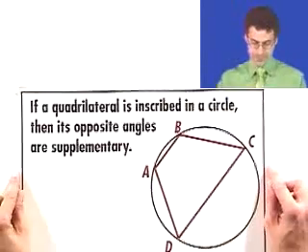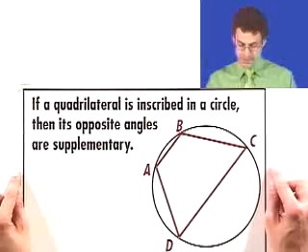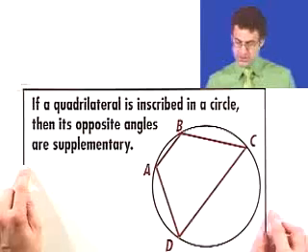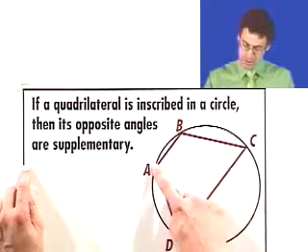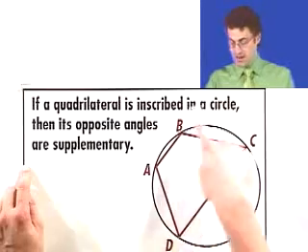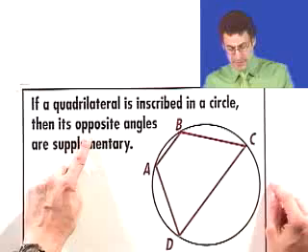Okay, now here's a really neat theorem that we already know is true by our previous results. Let me show you the theorem, and let's see that we already know that it has to be true. The theorem states that if we have a quadrilateral that's inscribed in a circle, that just means that all the vertices actually lie on the circle, then its opposite angles